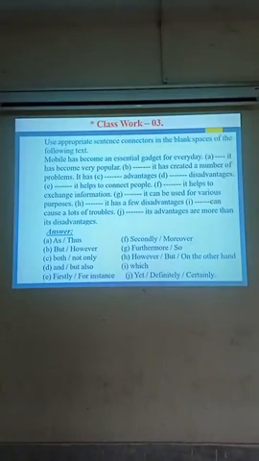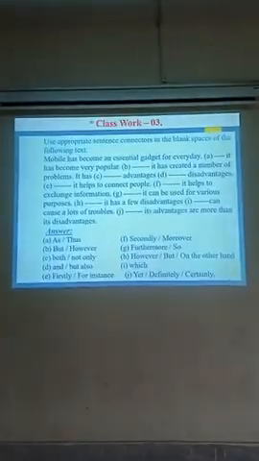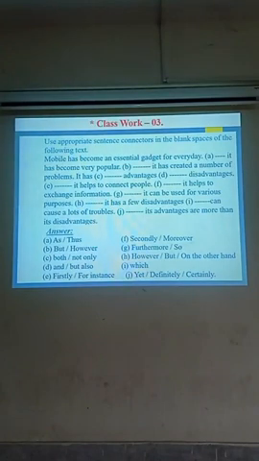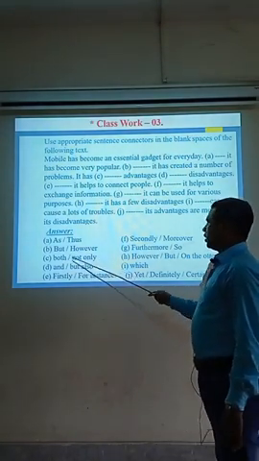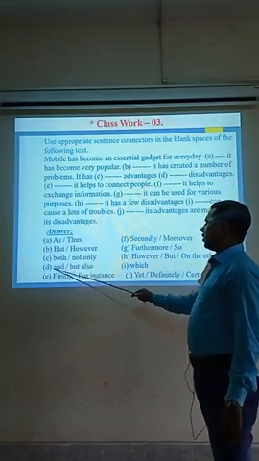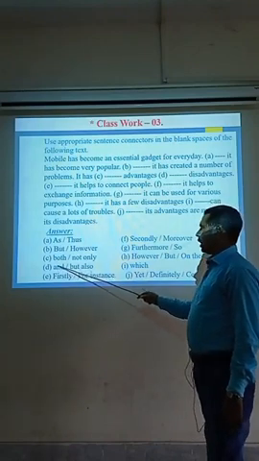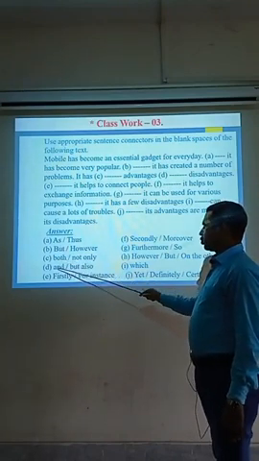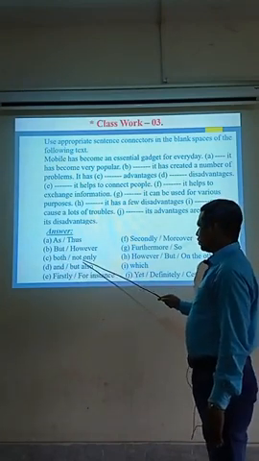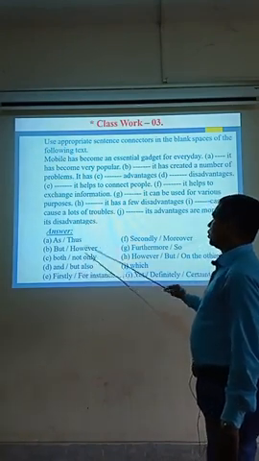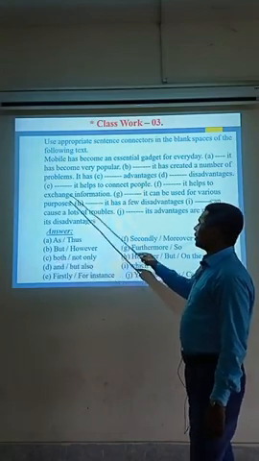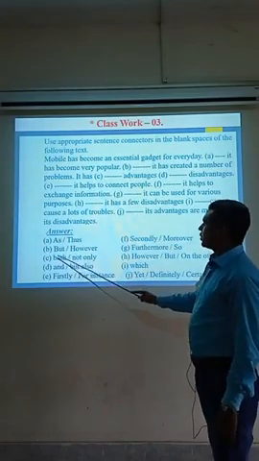If you use both, you can use both and not only. Both or not only. And D, you can use and. With both, you should use and. If you use not only, you should use but also. Now number C, it has both